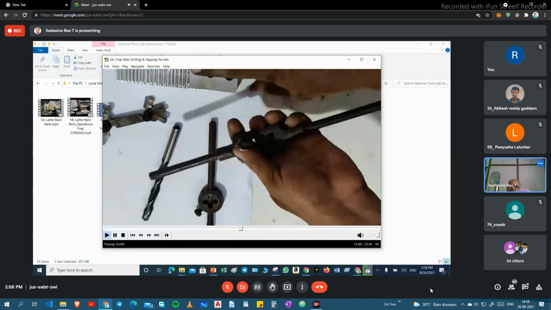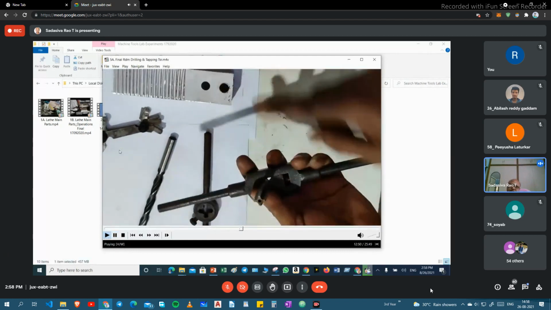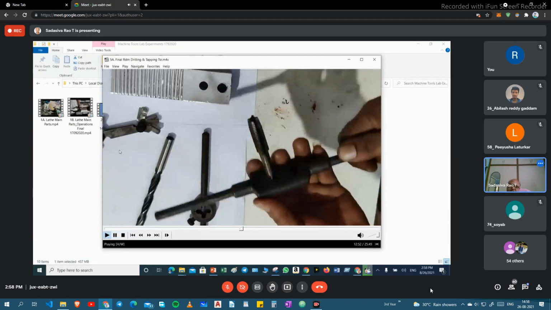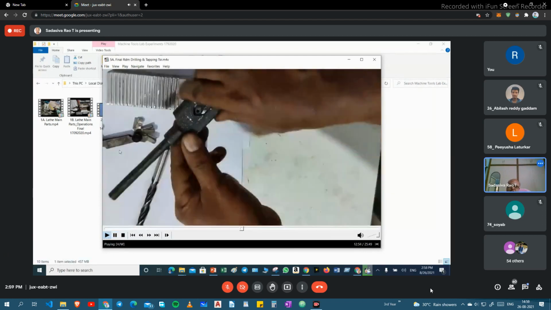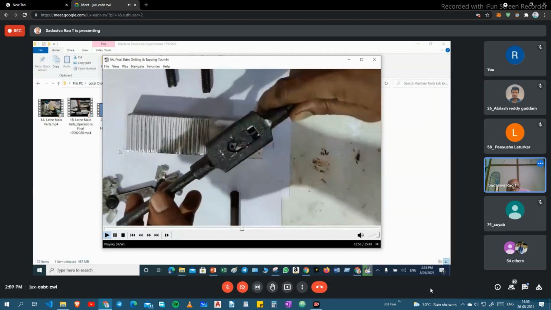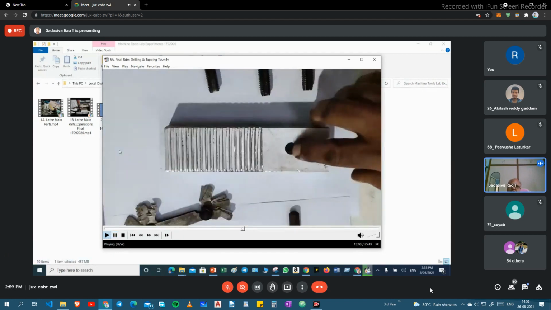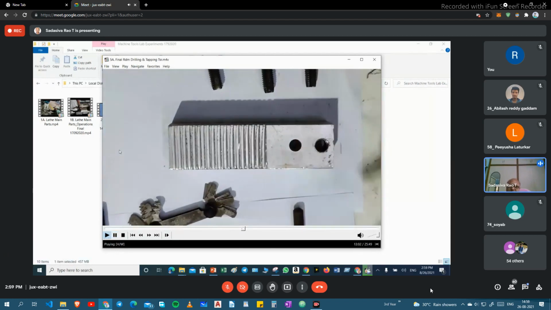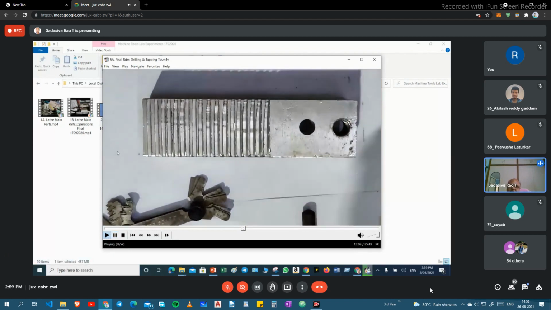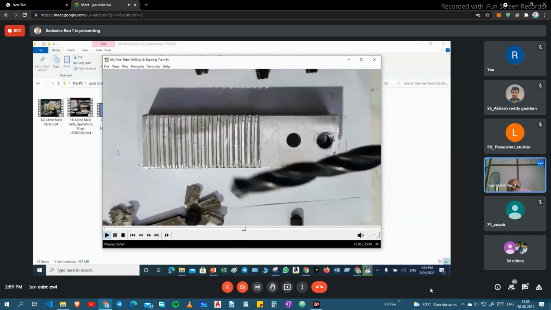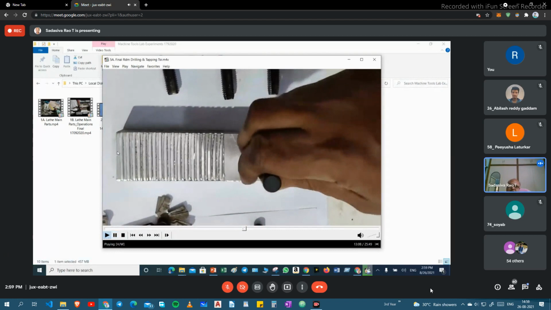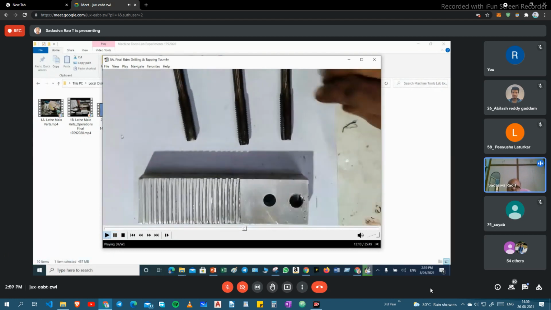After that, you take the workpiece. This workpiece you fix in the vise, and then you locate this tap like this, and then start your threading. Threading started on the hole. For the hole, we are using a drilling machine. With the help of a drill bit, we are doing the drilling operation, by radial drilling machine.